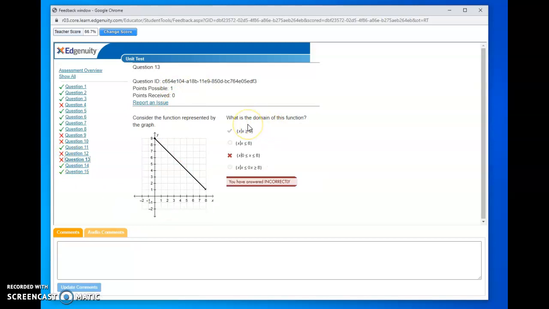Here we're looking for the domain. Remember, domain are all your possible x's. And this one's kind of tricky because this side has a dot, which if you remember, a dot means that's where the graph pretty much starts. And this side has an arrow. And if you remember, arrows, they go on forever when we're talking about graphing. So this graph will never get to like negative 1 because there's a dot there. So that means it starts right there for the x point. This graph would get to 9 because there's an arrow. So even though there's no 9 on the graph, the arrow means it's going to keep going on and on